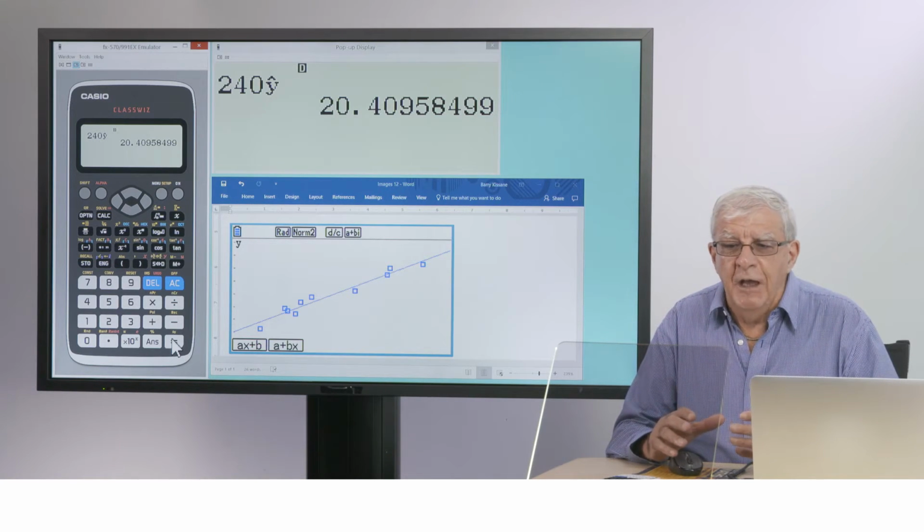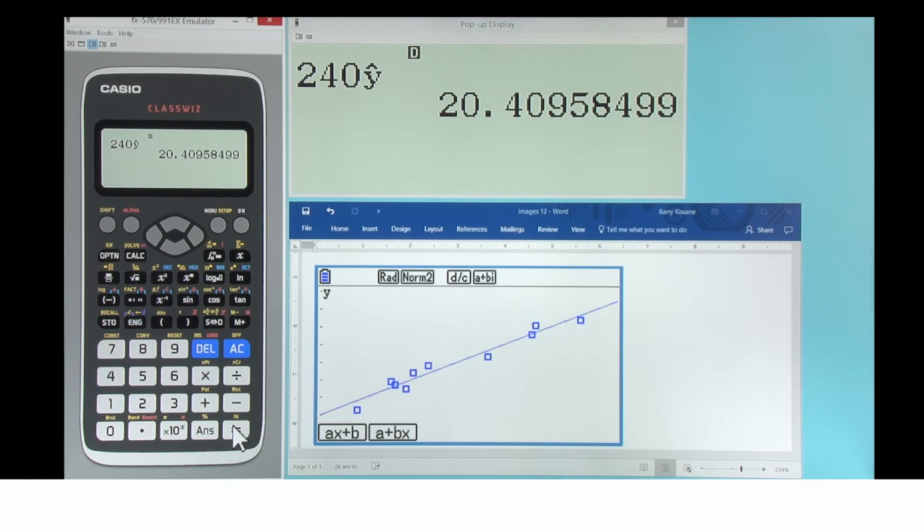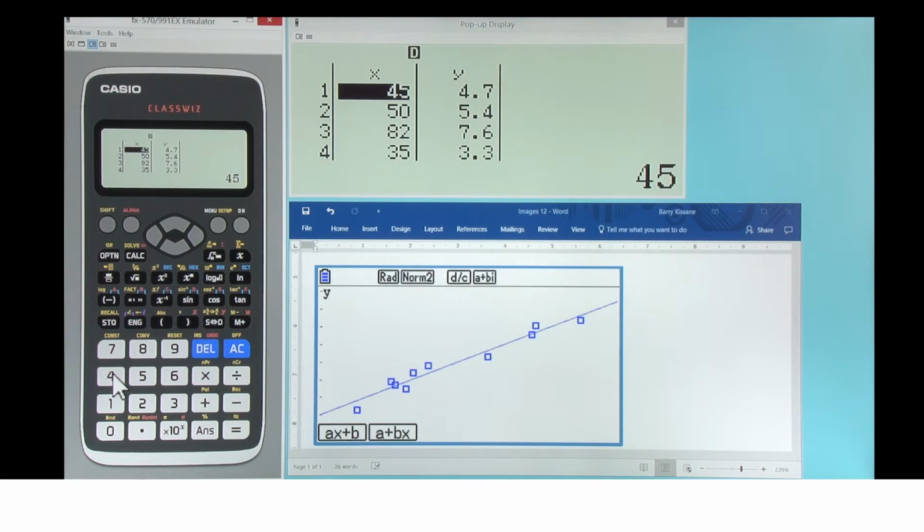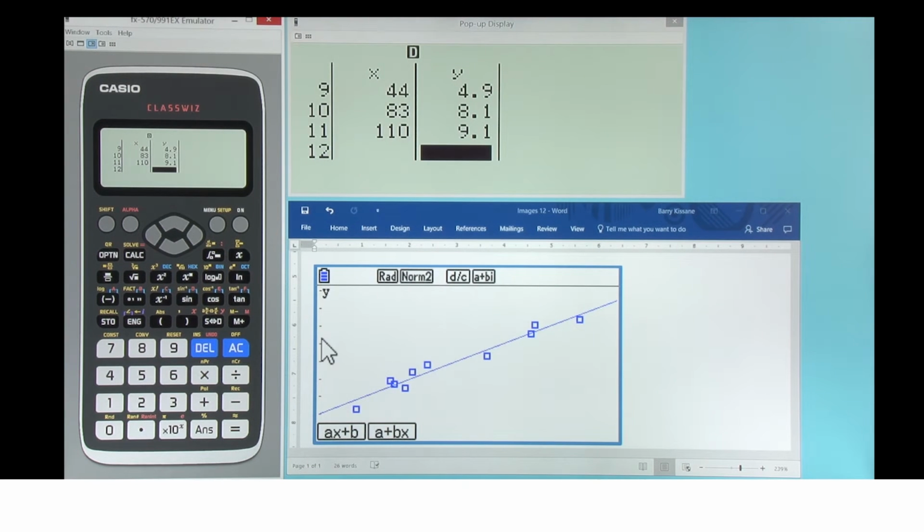ClassWiz allows you to add further data or to edit the data. For example, you might delete a suspicious value or an outlier by first tapping the option key, then going down to data. Here we can see here. And suppose we know that the lady did a long walk of 110 minutes and covered 9.1 kilometres. So let's go down and add that data in. Now, since the data have